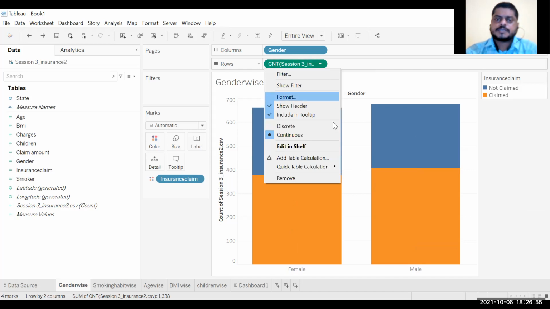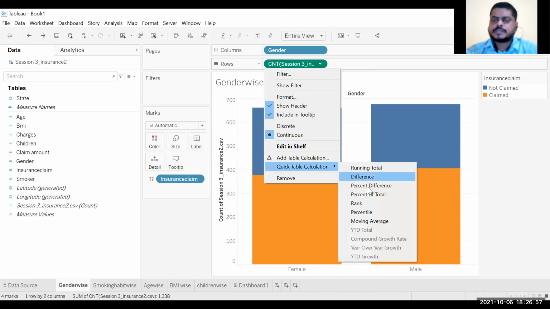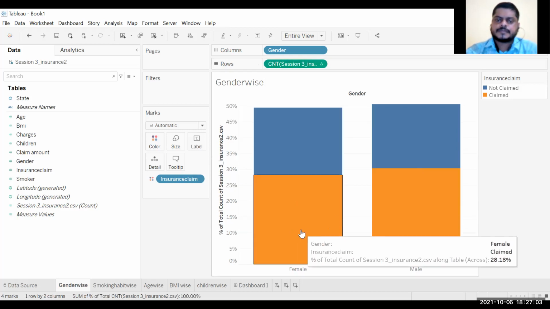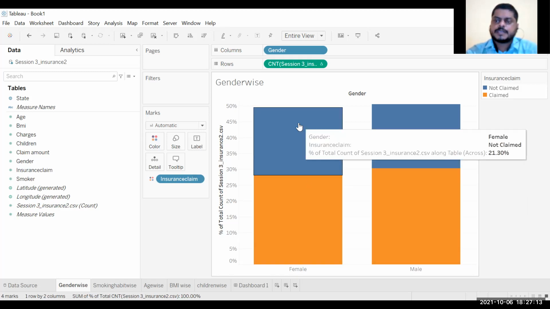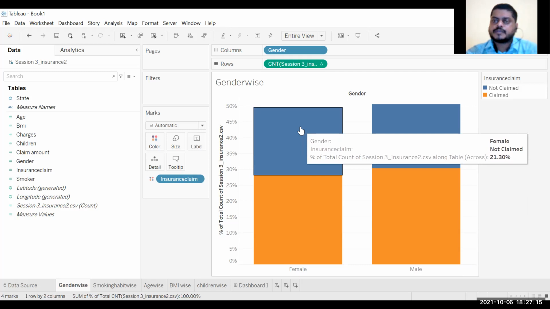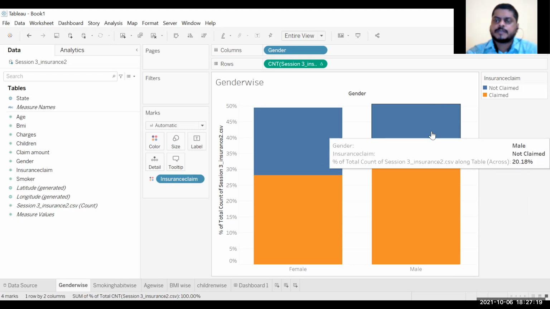So we'll click on this. There is something called quick table calculation. We'll click on percentage of total. So if I go here, you see that female is around 28.18 percent, right? So that is overall customers who have claimed. Similarly, there are 21.30 percent who have not claimed. Blue means not claimed. Similarly, if I consider male,